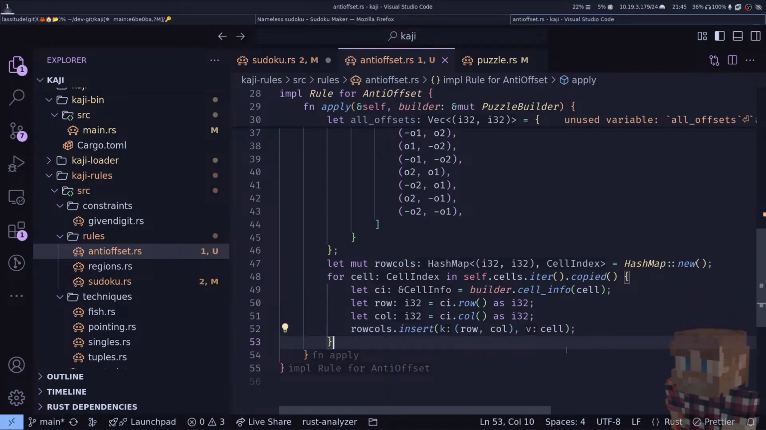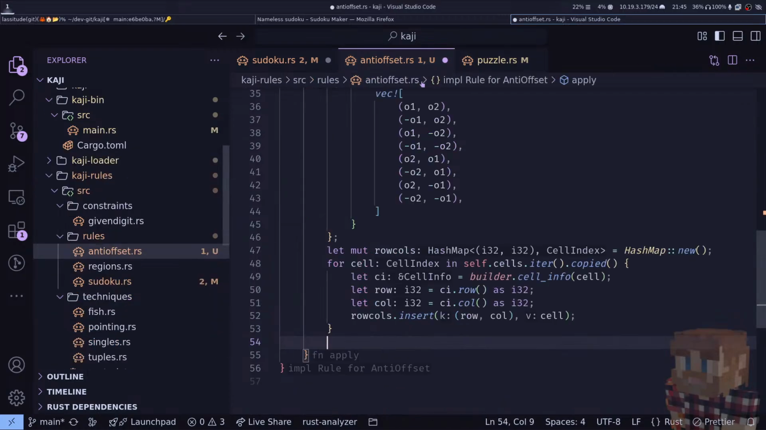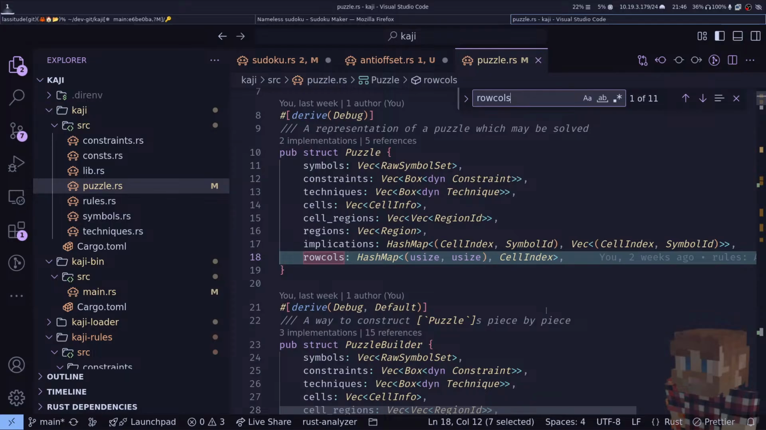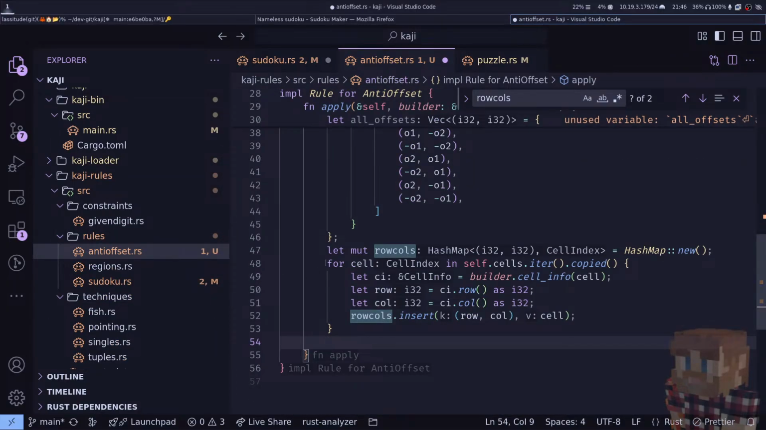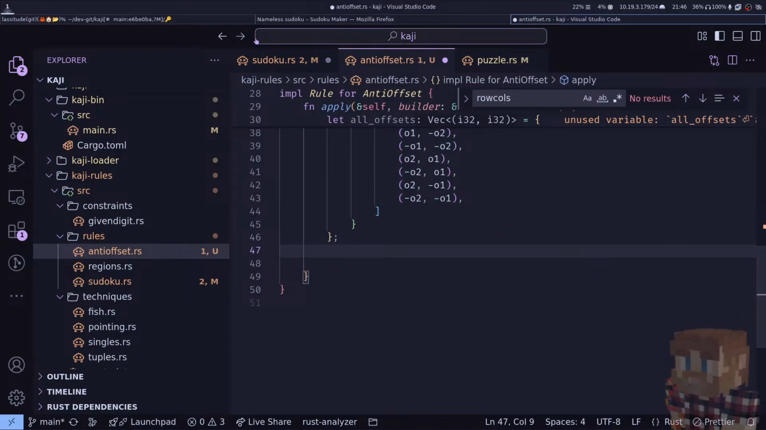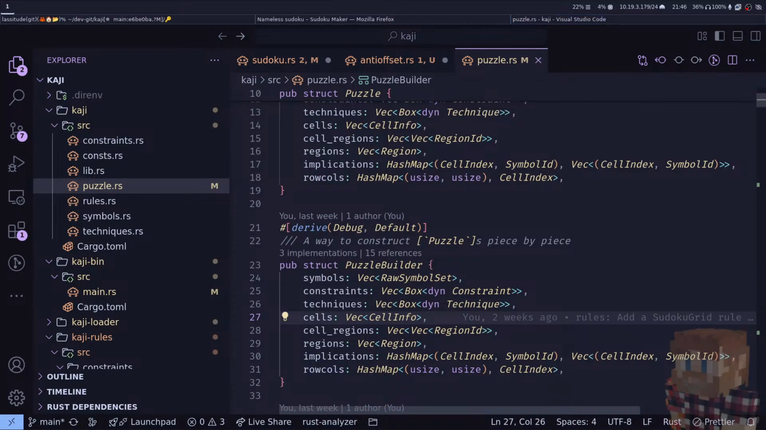So we've just basically created that row column map. I don't think the puzzle builder has that map. So I don't think it's bad that we did that. Oh no, it does have a row cols map. We could look them up as cell at rather than constructing that map ourselves. Let's do that instead. So having written builder.cellinfo, we will be using that, but we don't need that for constructing a map because we're also going to add